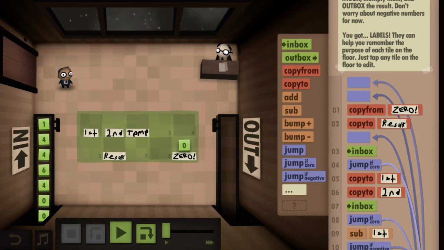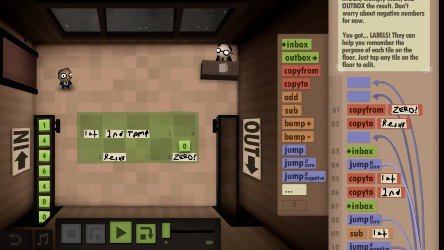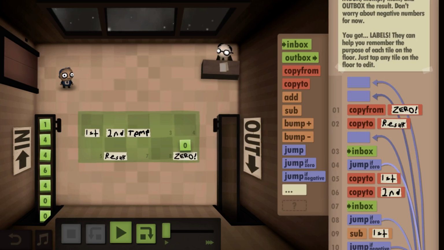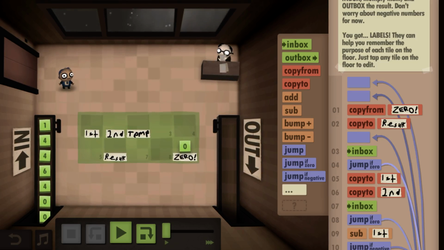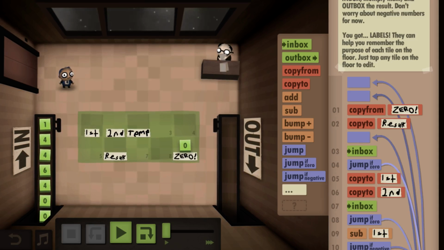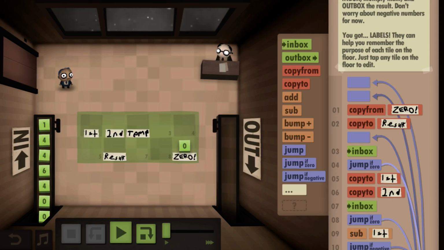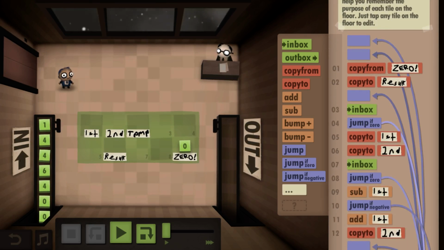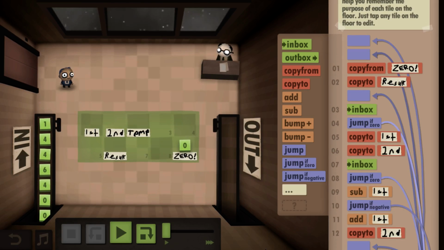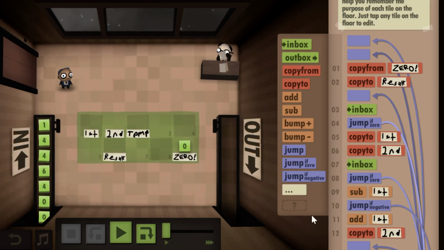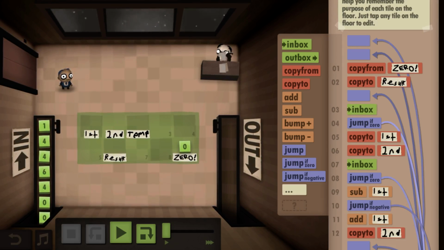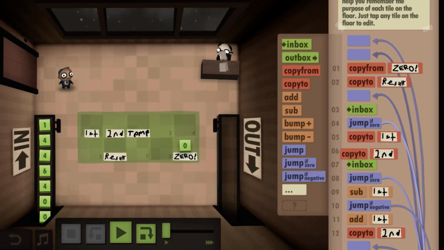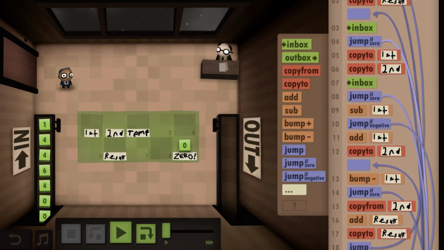We need 0 as the result. And it wouldn't save time if we overwrote the 0 here. That would actually add steps. In some cases, overwriting the 0 makes sense because you have something else in the code later that is going to return it to 0. But in this case, not really.